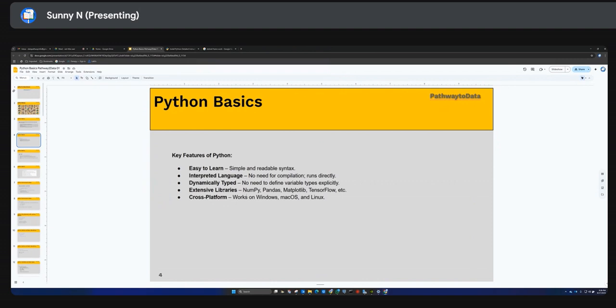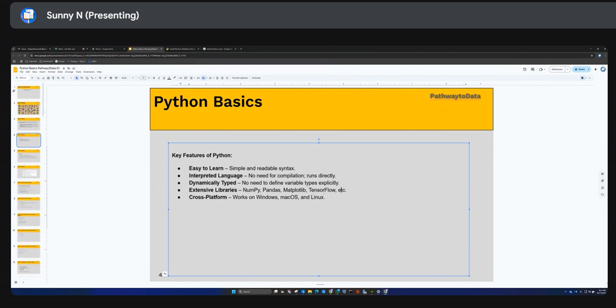And these are some of the libraries: NumPy, Pandas, Matplotlib. Pandas is used for data manipulation. NumPy is for numeric operations. Matplotlib is for building beautiful graphs, like bar charts, pie charts, and all that. There is one more called Seaborn, which is also very good. I have added just three or four, but we have a lot. As we get along, you're going to learn all those